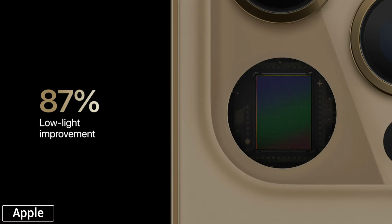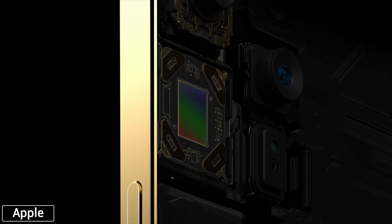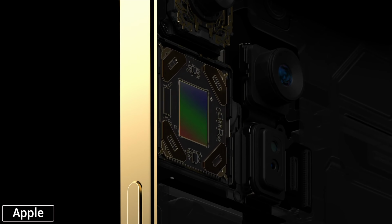This basically gives the Pro Max an even better 87% improved low light performance over the iPhone 11 Pro. And on top of that, the 12 Pro Max gets an exclusive sensor shift optical image stabilization feature, so you should get super smooth video and super sharp photos, and we'll be testing that out very soon,